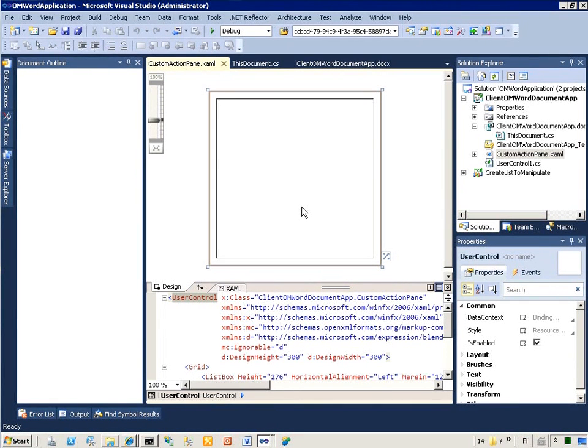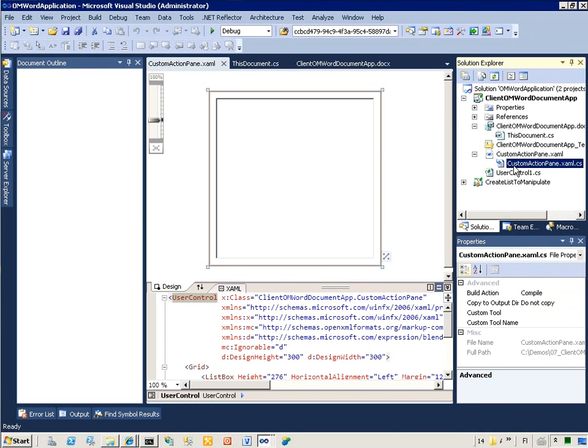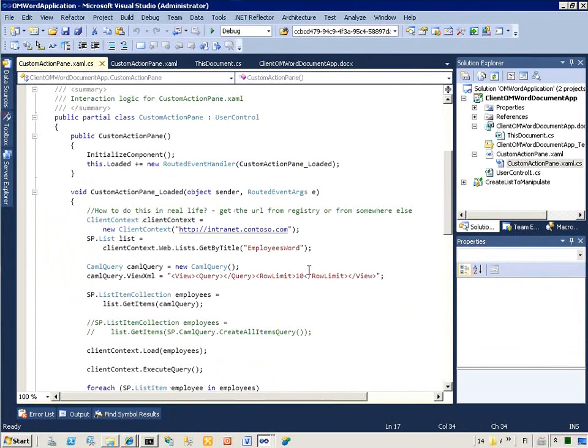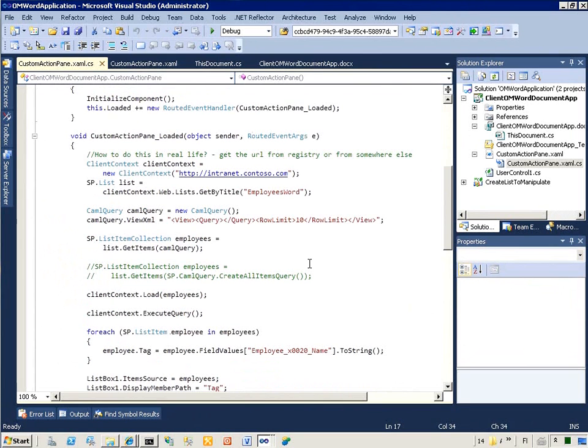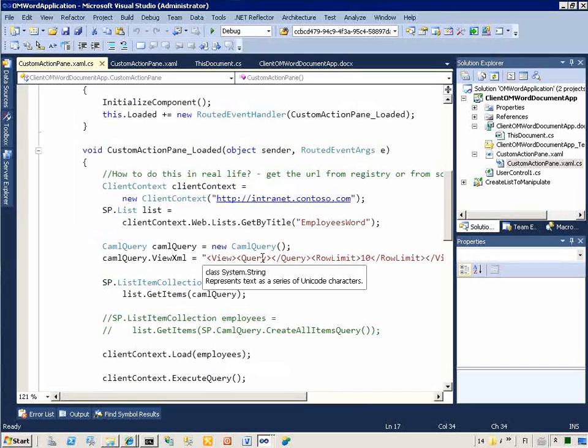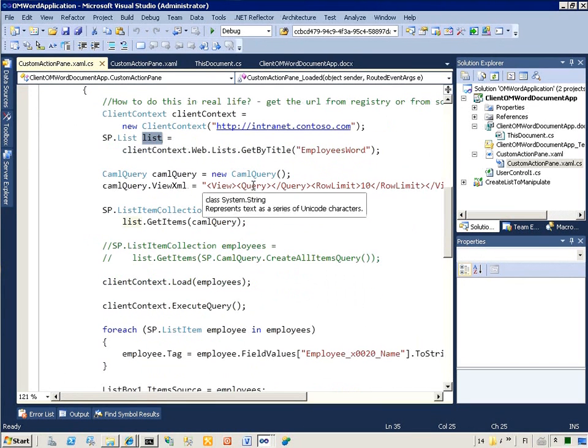This custom action pane is relatively simple, but the code behind of this particular control does something interesting. What it actually does is access the intranet again using the client object model. So we are creating the context object first. Then we are interested in the list object or the lists, so we're telling that we are interested in that. And then we have the CAML query, and we want to get the information from that particular list. So we get the list item collection, list of employees, and after that